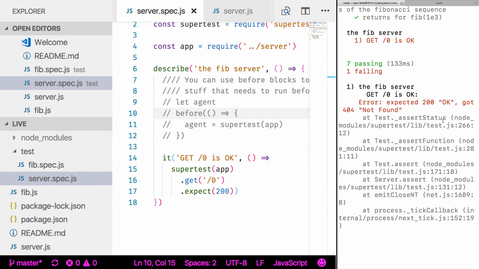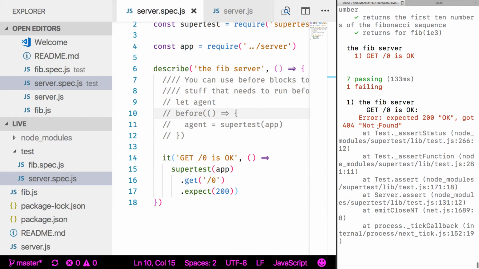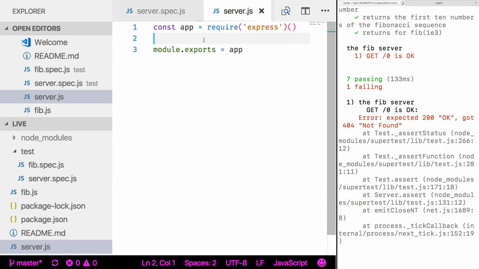Okay, expected 200, got 404 not found. Hey, it's working, our test is working. We got a 404, which is great, which makes sense because this server has no routes. So if we add a route,